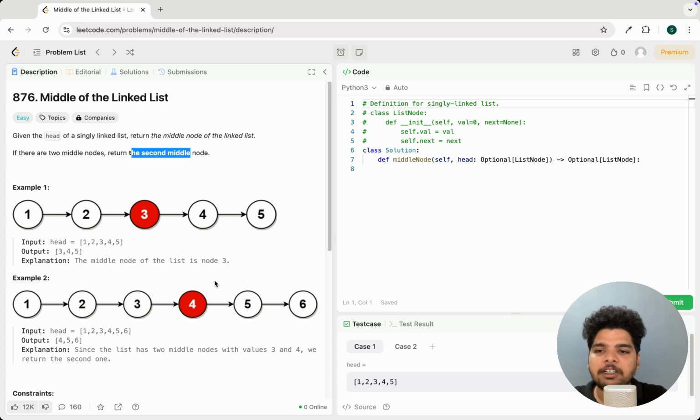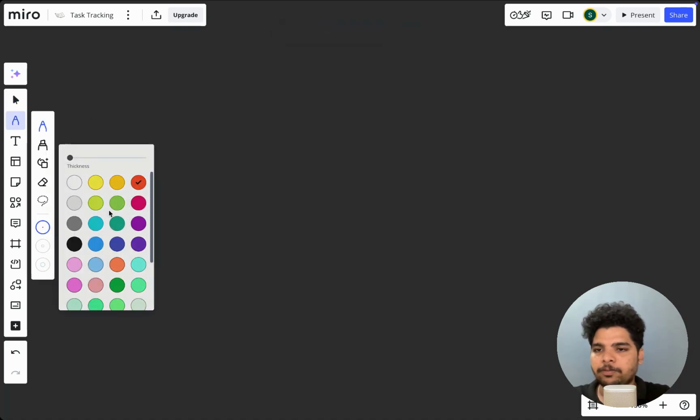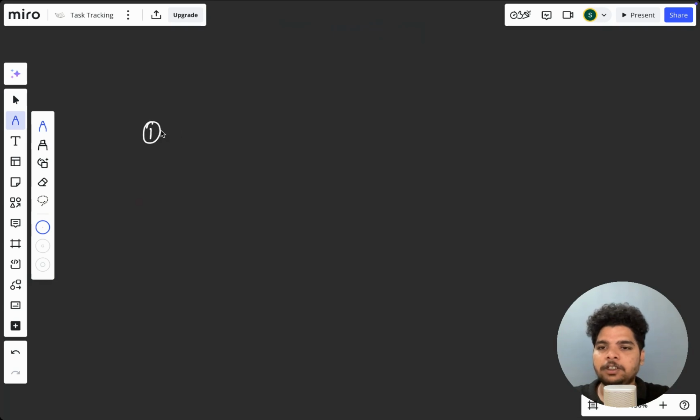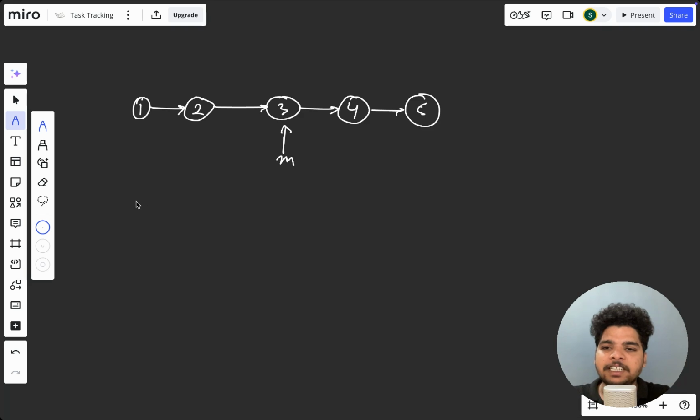Now how can we do this? So let's see. The brute force approach could be, let's say we have a linked list, 1 connected to 2, then 3, then 4, then 5. What will be the middle node? The middle node will be this. How can we find it? The brute force approach could be, first you calculate the length of the linked list. You go through each node,